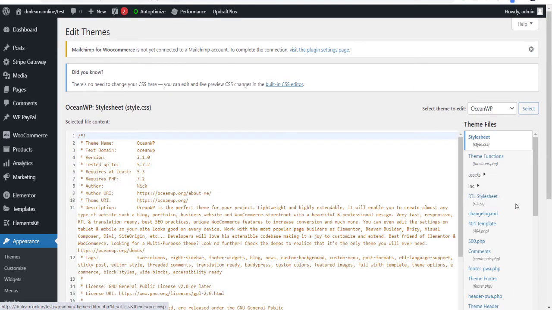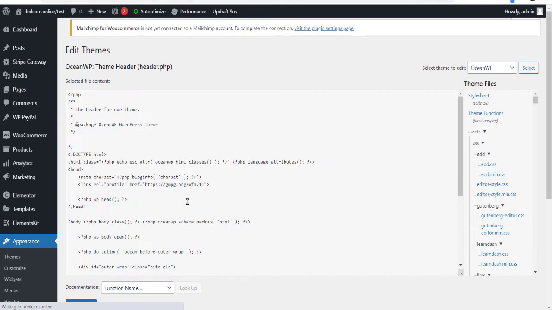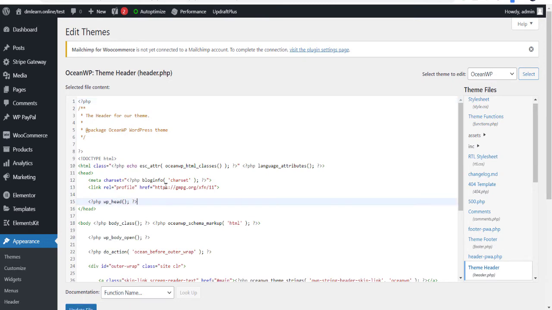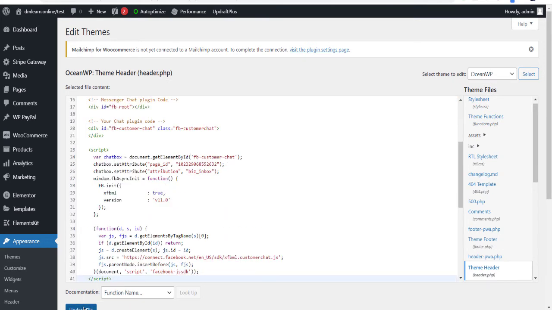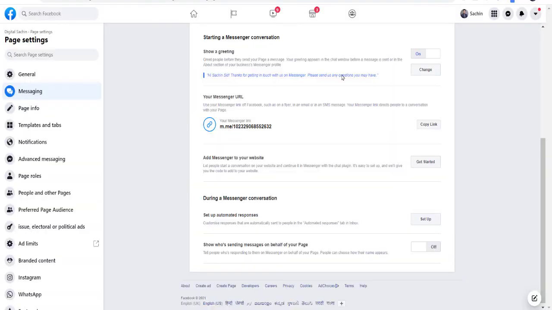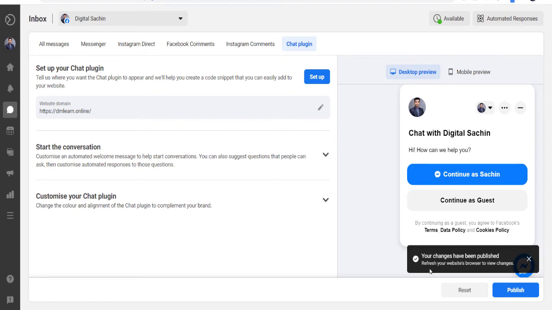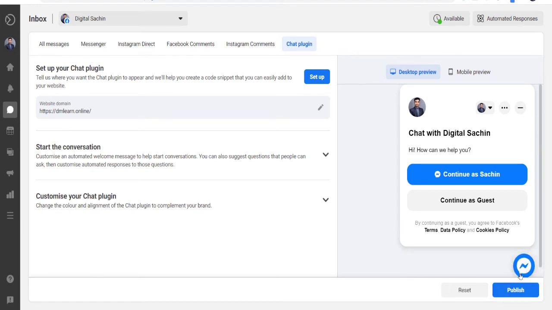You need to add this code. Just save. Once you're done, just publish. Now refresh the browser and see.